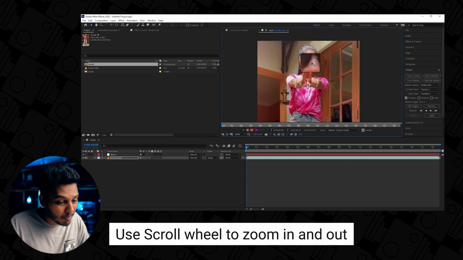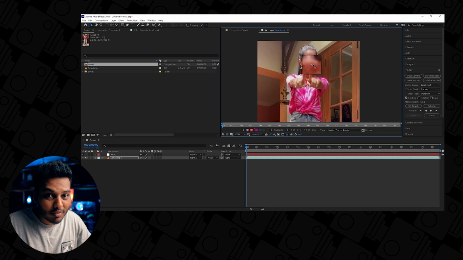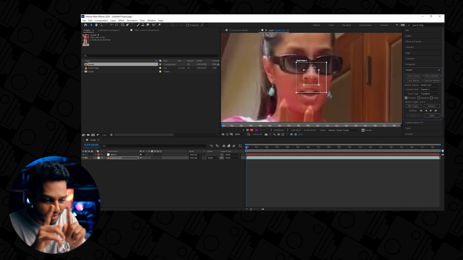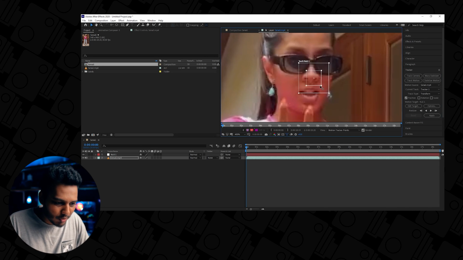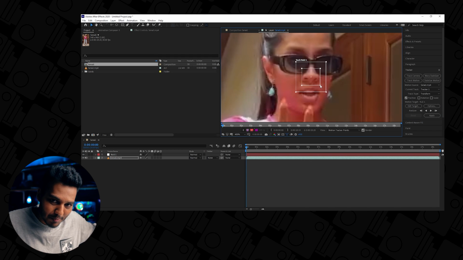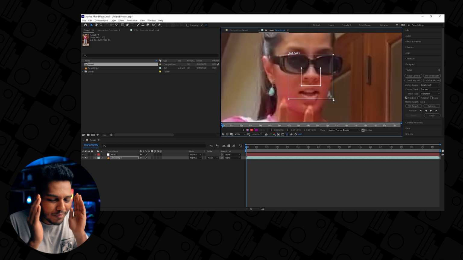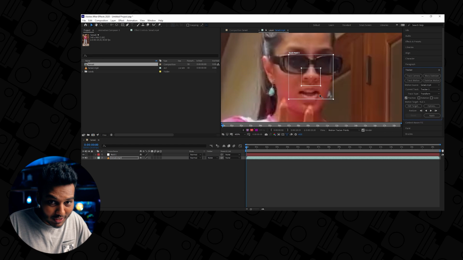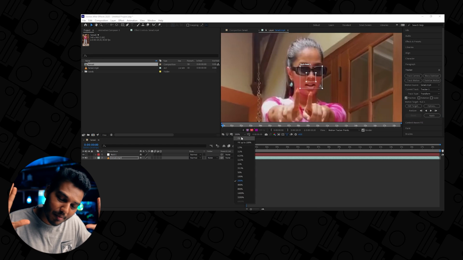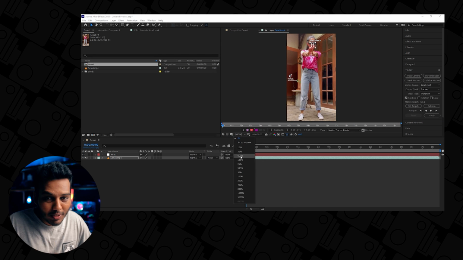We can zoom in a little bit more. You can adjust these boxes. Make sure that your nose is fitting within the tiny box. And the other box has a decent space around it, right? So now that you have set it up exactly like this, where the tiny box is on the nose and the bigger box is somewhere around the eyes and the face and the mouth, let's go and take a look